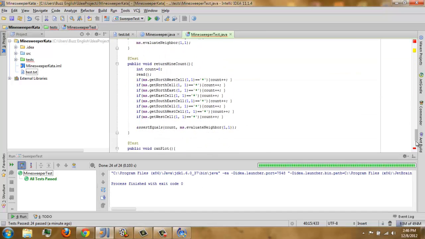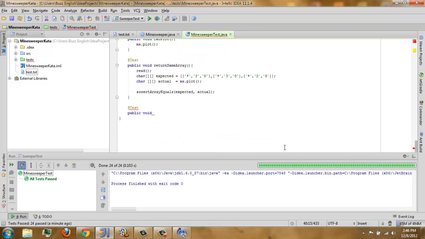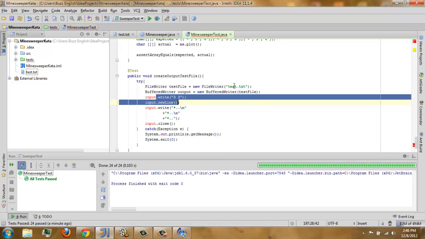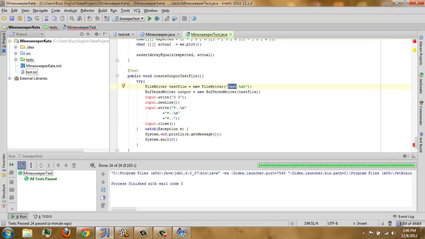So public void create output test file. Paste it. And then erase that. Change names. Output. We're gonna name it what? Output test, or just output.